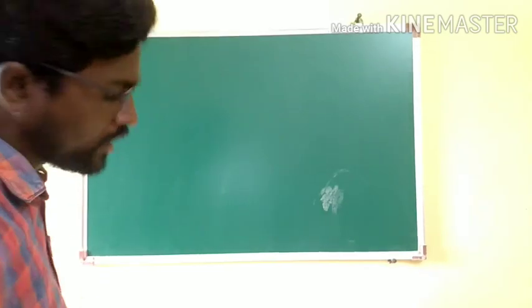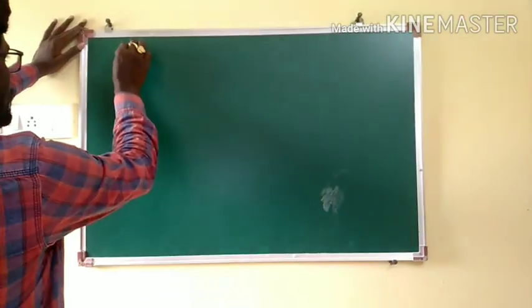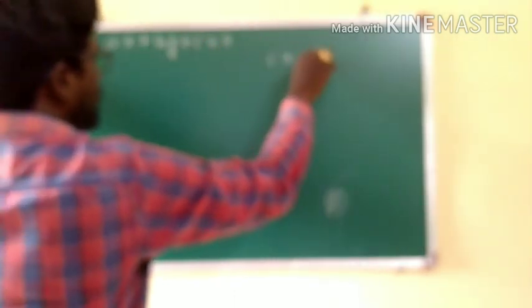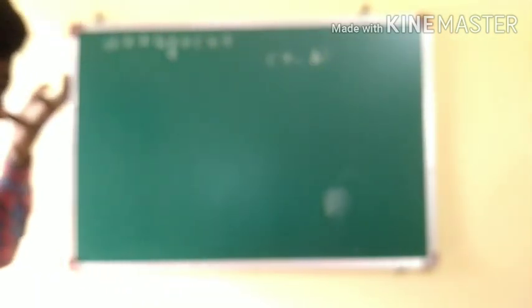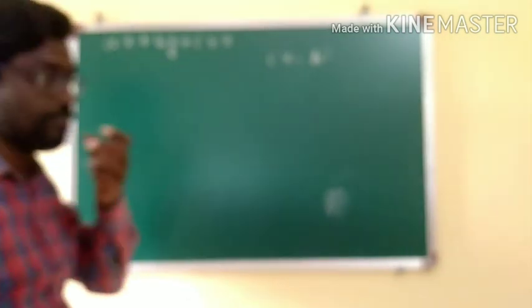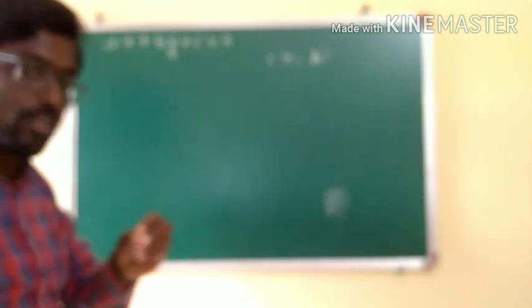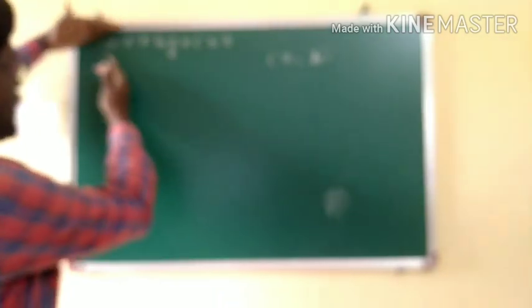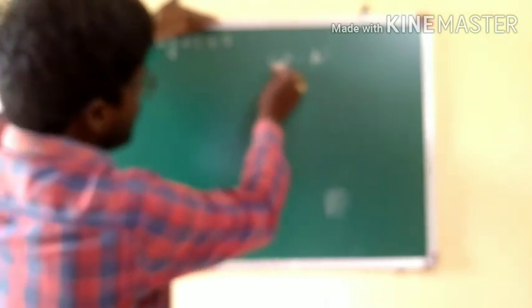Okay. Now let's see what is the equation of the line which is parallel to ax plus by plus c equal to 0 and passing through a point x1 y1. Hope you got my point here. I am talking about a parallel line which is parallel to ax plus by plus c equal to 0 and passing through a point x1 y1.